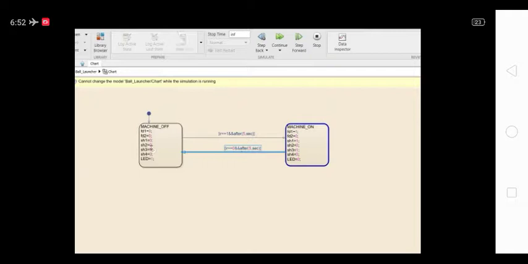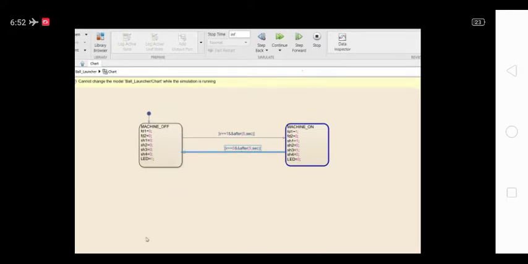We have 2 states, that is machine off state and machine on state. When the balls are in the container, the IR sensor senses the balls and gives the input 1, and all the 3 motors start rotating, and the external LED is off. When the balls are empty, the IR sensor input is 0. All the 3 DC motors stop rotating, and the external LED blinks, indicating that the container is empty.